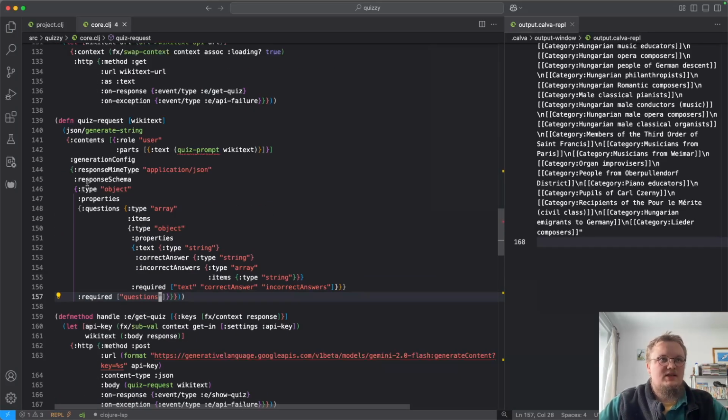So this is our schema that we want it to return. We basically say, give us an object with one key, questions, that's required. The question should be an array, and the items of the array should be objects. Each of these object items should have a text string, correct answer string, and incorrect answers, which we'll specify in the prompt to be 2 options. So an array of length 2, both of which are strings, and all of these are